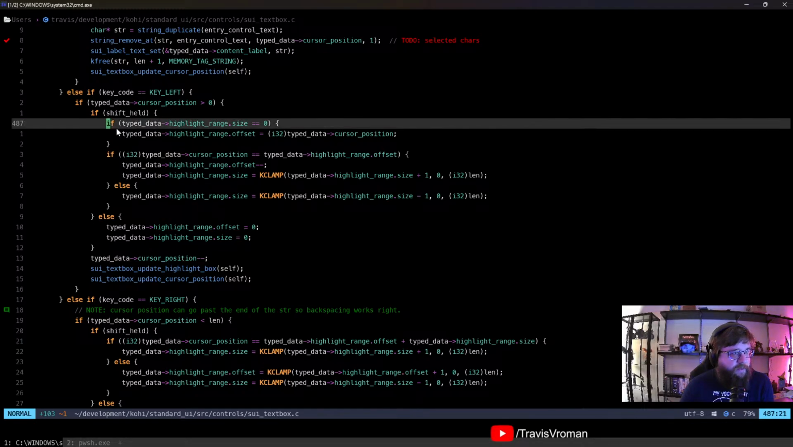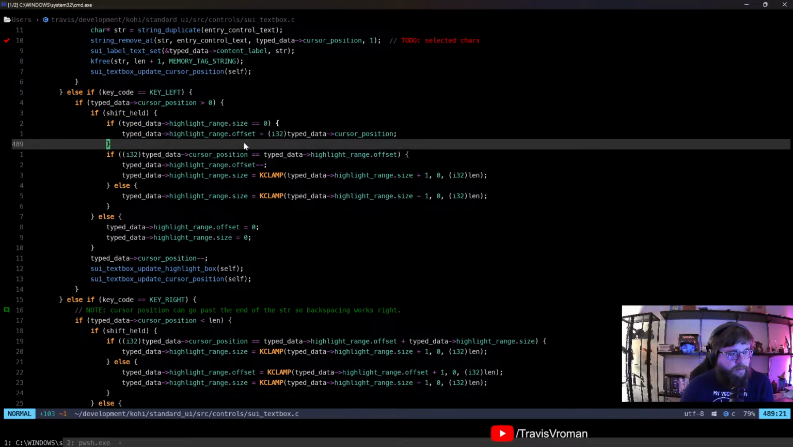Right, because if we're starting that, we have the offset at the current cursor position. I'm not 100% sure that's right, but